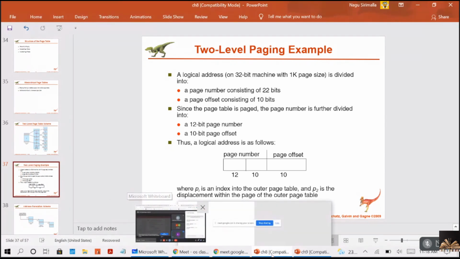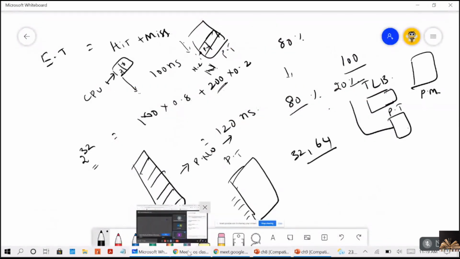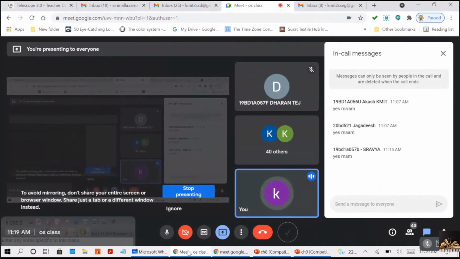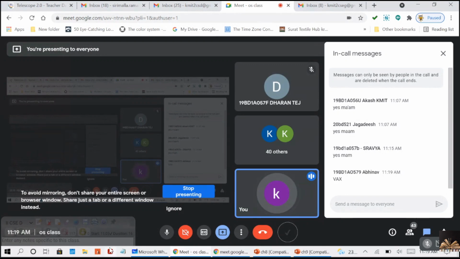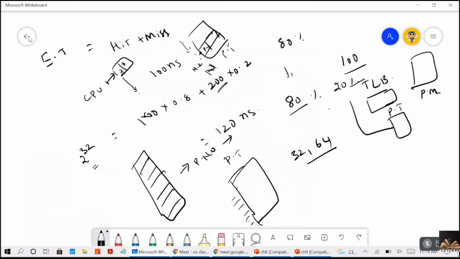What is that, guys? In the last class I mentioned it, right? What is the minicomputer that makes use of this two-level hierarchical paging technique? I told you to make a note of that. What is that computer, guys? Yes, very good. It is the VAX minicomputer, which uses a paging technique similar to this two-level hierarchical paging. So I will take that as an example and try to explain how hierarchical paging can be done.